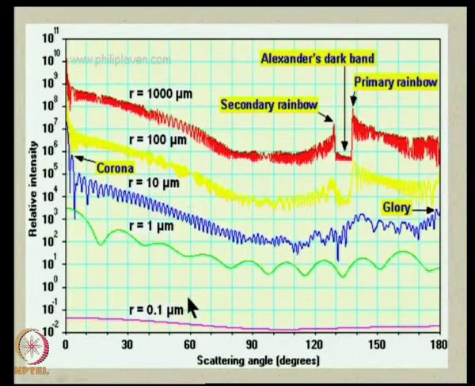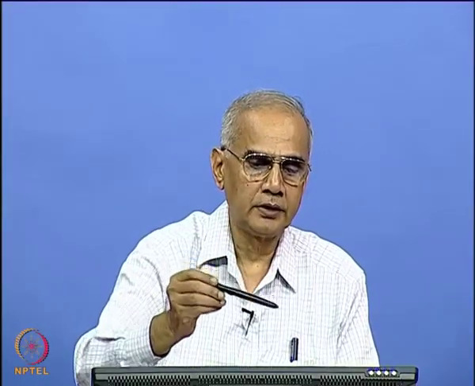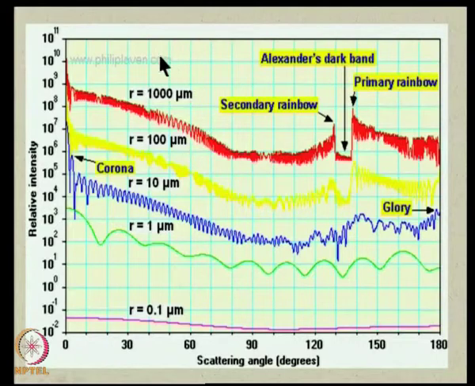These are cloud drops, these are small in size, they will never actually fall to the ground, because their settling velocity based on Stokes law is very, very slow, and hence they will never reach the ground as droplets, they will evaporate. Only droplets of the size of 1000 micron are in a position to retain enough mass to fall on the ground. So, look at 1000 micron, you can see that the intensity of scattered light is about a million times larger than that of, let us say, a 1 micron cloud drop. So, cloud drops will not give you a rainbow, only raindrops will.